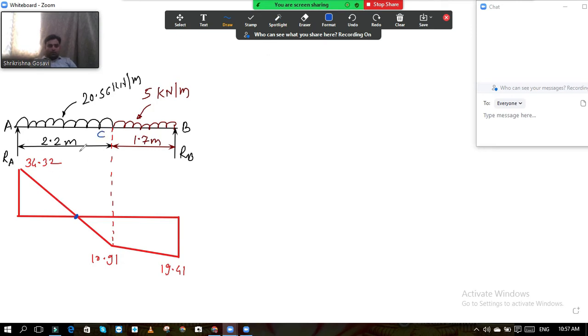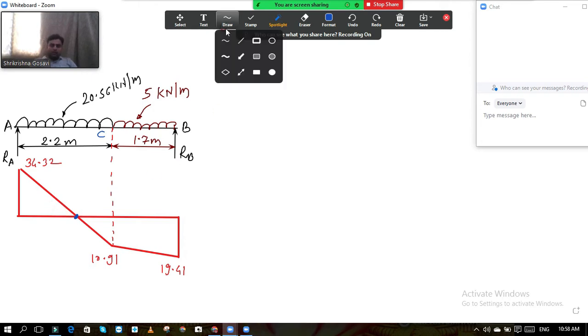Okay. So now this total is 2.2. So this A to C is 2.2. Now consider these two triangles, this big triangle and this small triangle. This angle is 90 degree. Here also this angle is 90 degree. Okay. Then these two angles are the opposite angles. So opposite angles are equal angles. So these two triangles are similar by AA test. So we know the property of similar triangles. Similar triangles are having their sides in proportions.